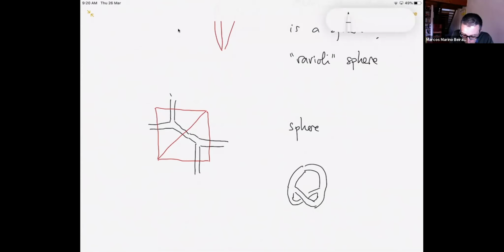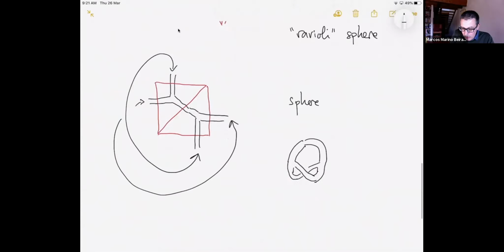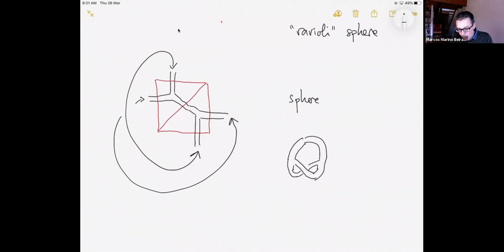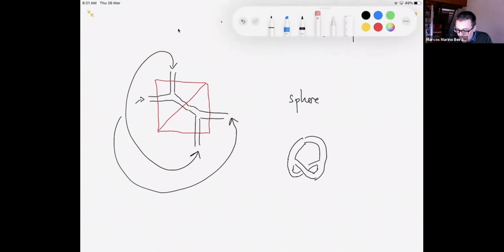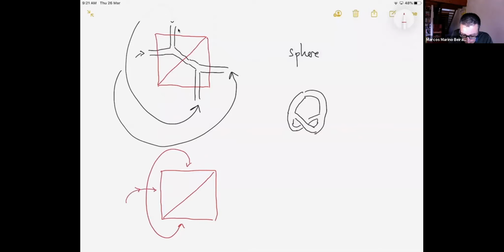So we have to glue this guy to this guy and this guy to this guy. Okay. So this is the type of identification which would give you this crossing. But if you do this kind of identification and you forget about all these double lines, what you have here is a square made out of two triangles, and now you identify this side with this side, and then you identify this side